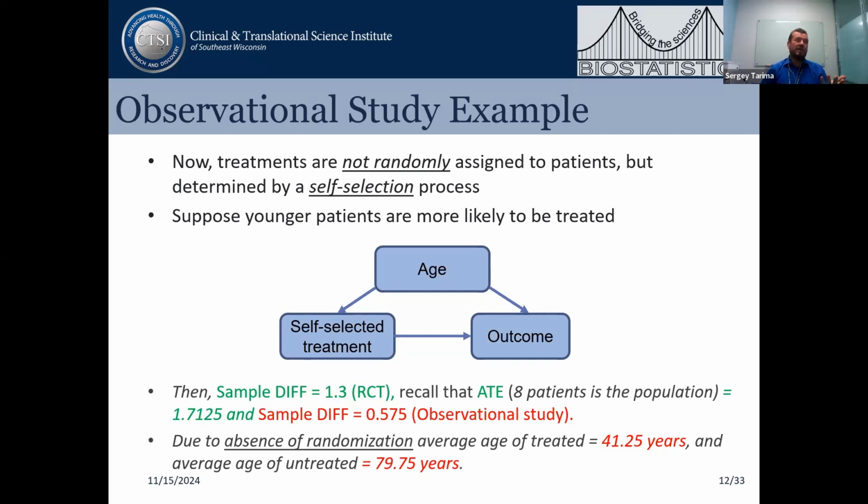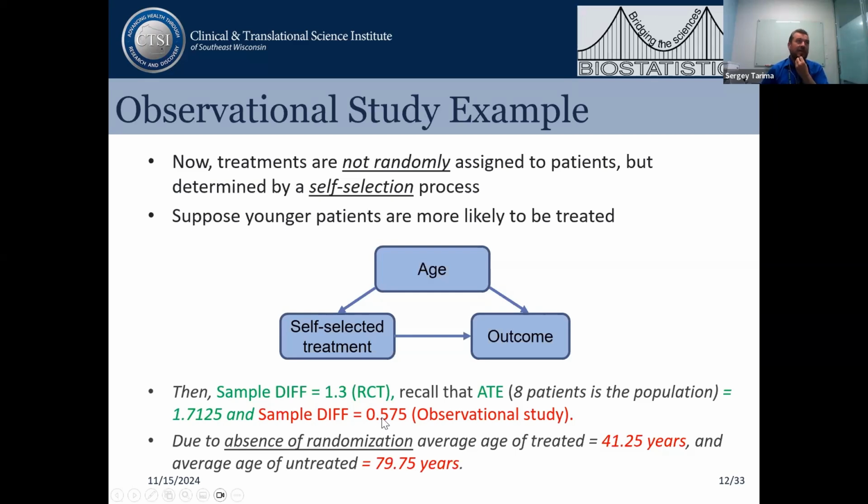You remember that from the randomized clinical trial, our sample difference between the two treatment groups was 1.3, which was somewhat close to 1.7. But in the observational study, the sample difference between the two means in the treated and untreated groups is much lower,